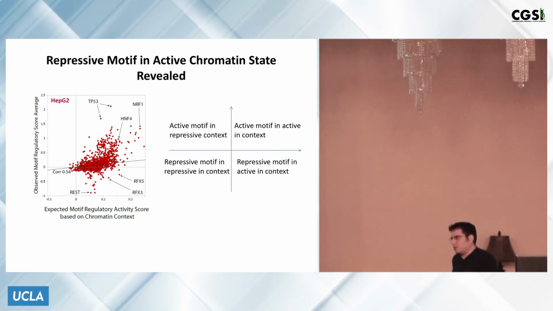And by the chromatin type, you said something about the expected? Yeah, so the expected activity here is based on the chromatin environment. So here I was saying if that motif was in an enhancer or a promoter, you would expect it to have higher activity, just because on average